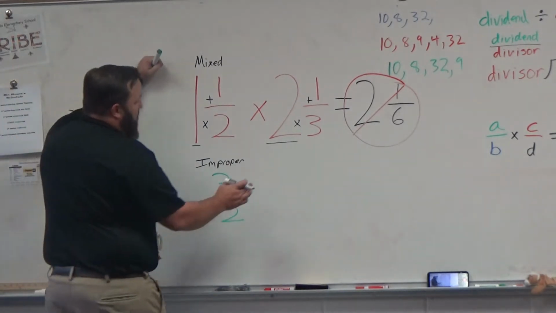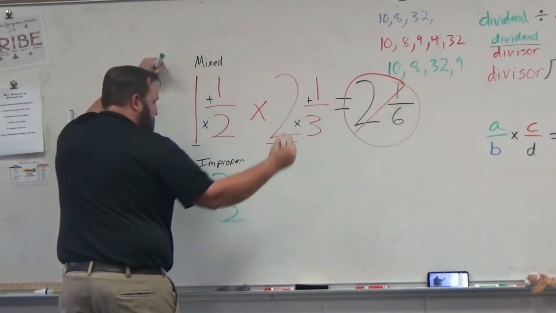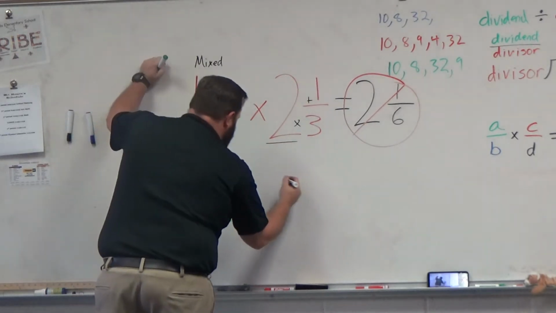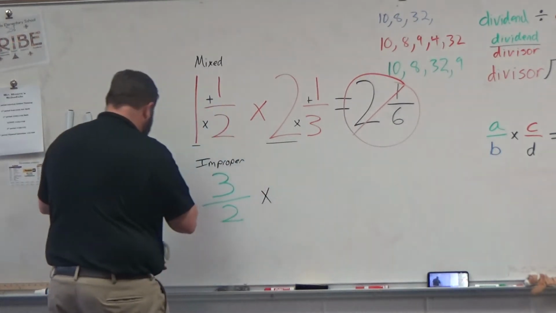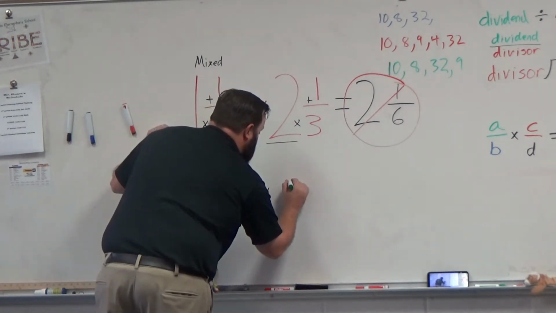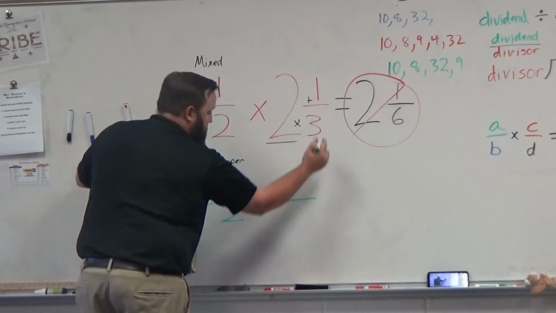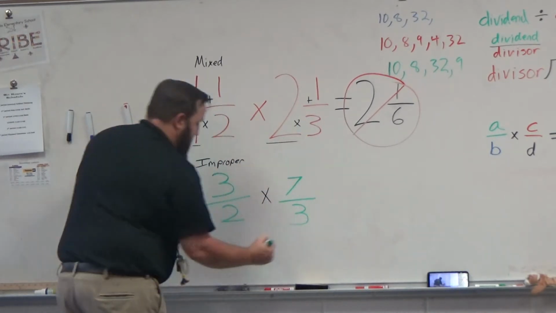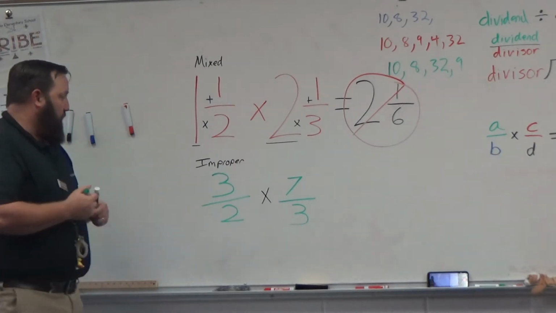So if I come over here, 2 times 3 is 6. 6 plus 1 is 7. Okay, so that's my new numerator. So 3 halves times 7, and then I keep the same denominator, 7 thirds. Okay, this is key. Now, we've talked about